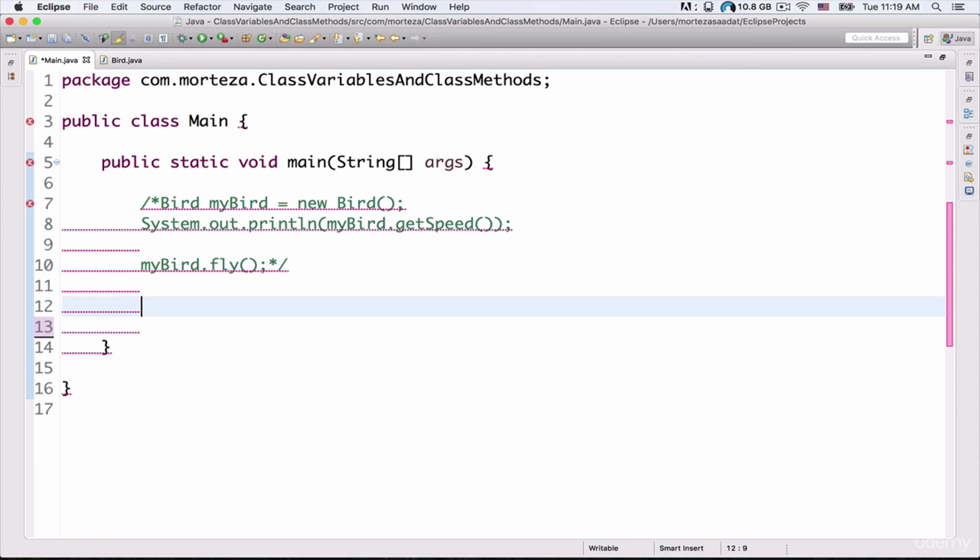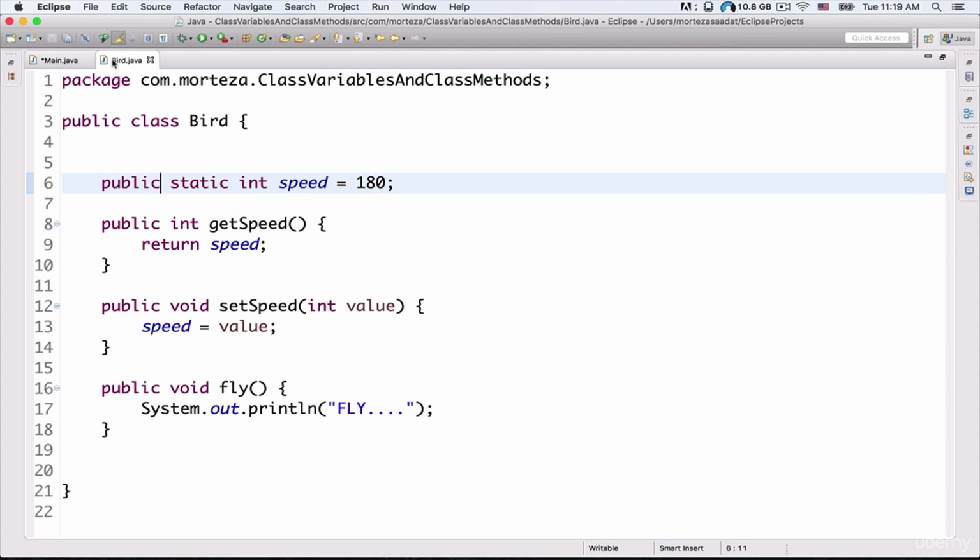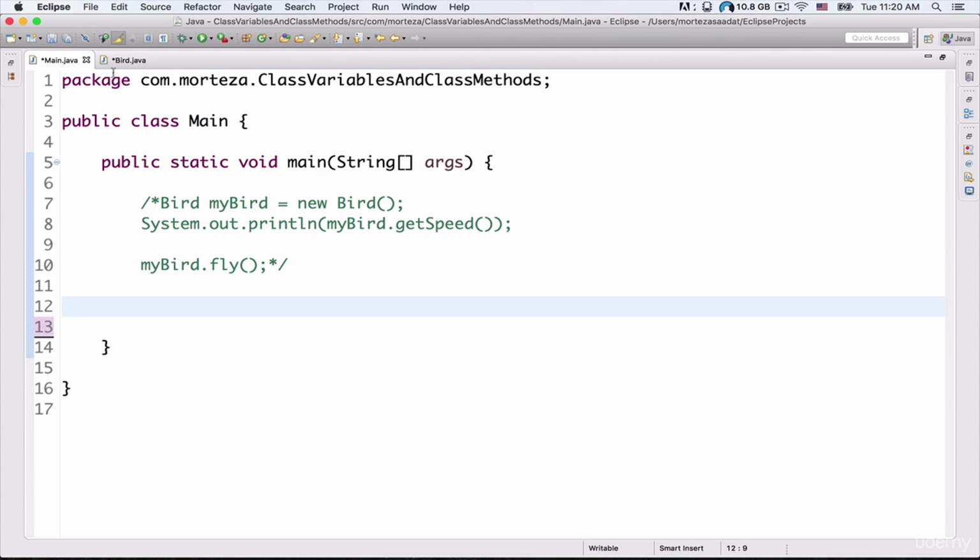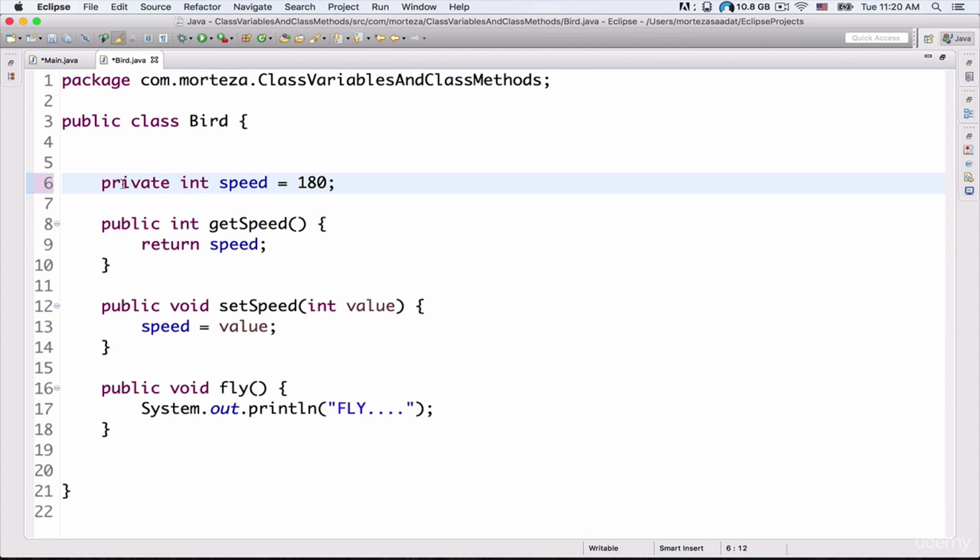Okay, and now inside the bird class here, first let me actually change this private access modifier to public. Okay, and then we need to put the static keyword here after our access modifier in order to make this instance variable a class variable. Okay, static